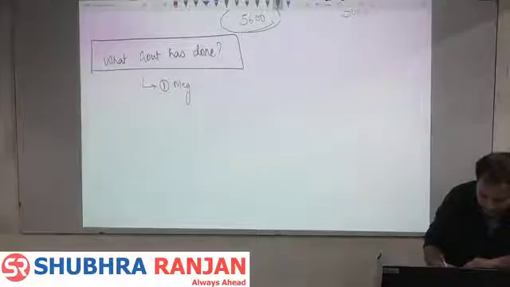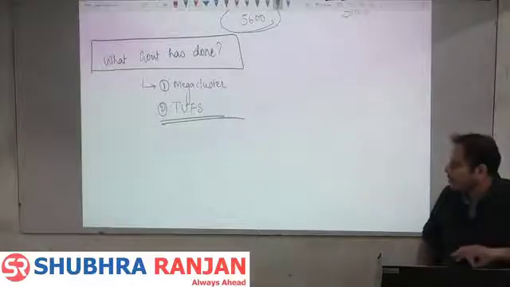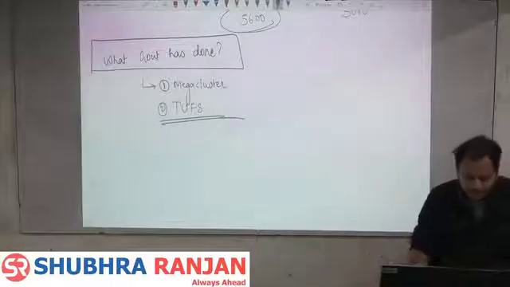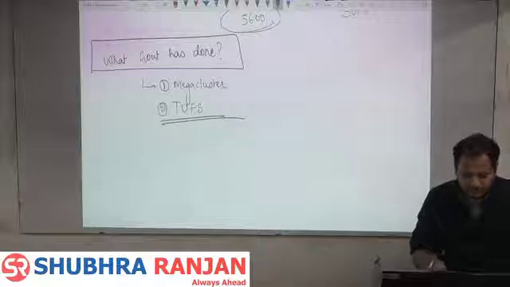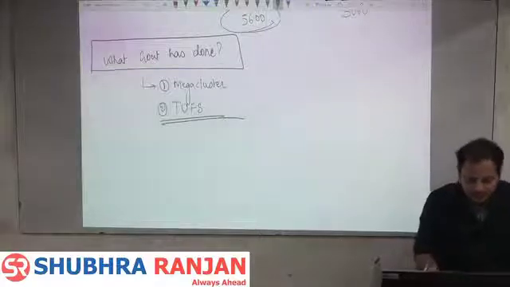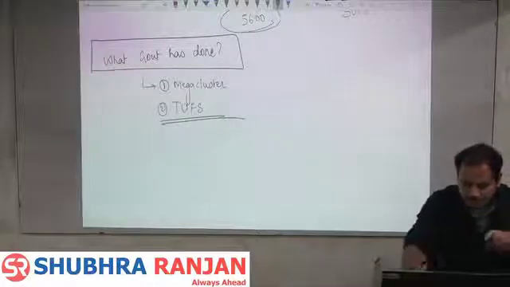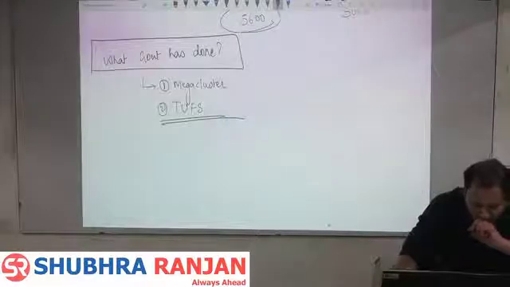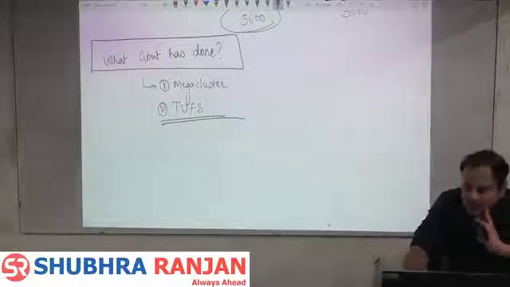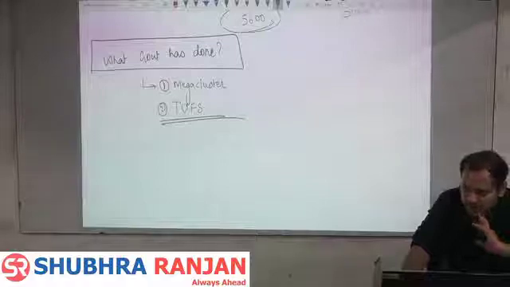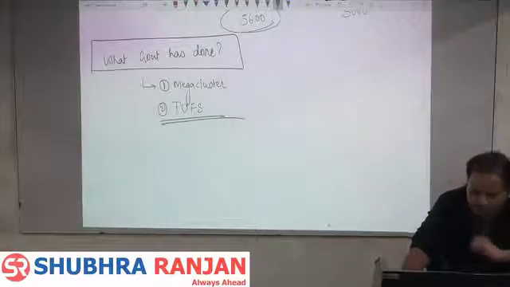What government has done? One is mega cluster. Second, TUFS. What is this mega cluster? Agglomeration effect of Weber. So in the first point,